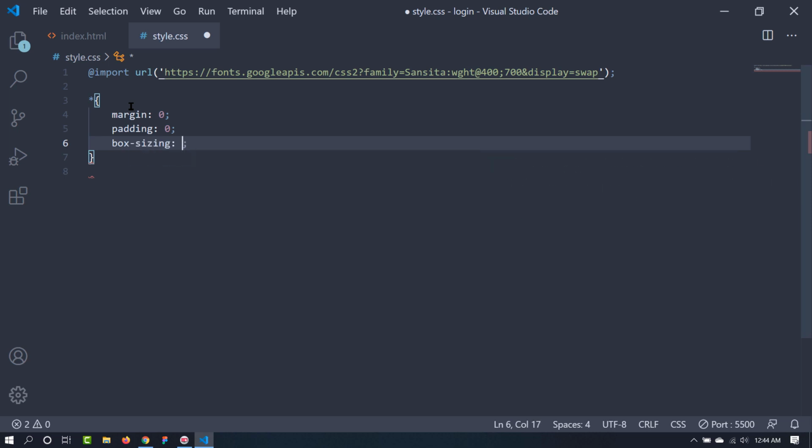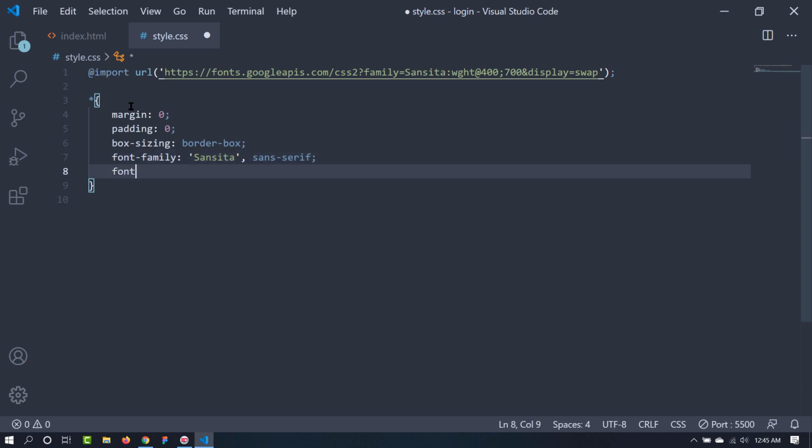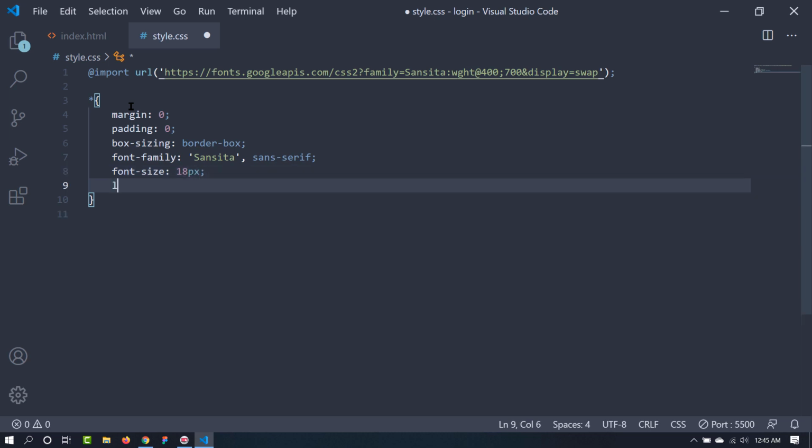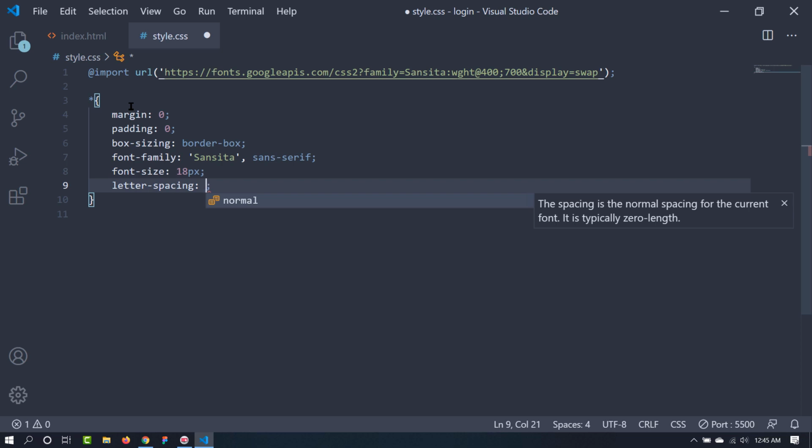Box sizing will be border box. Okay, now let's paste the font family, and let's also add a font size of 18 pixels.